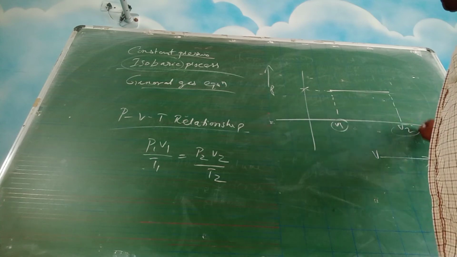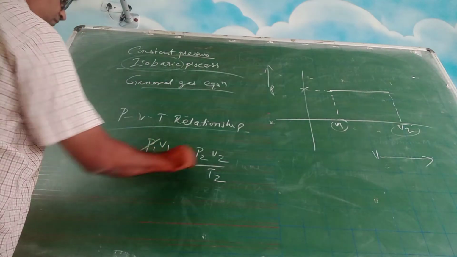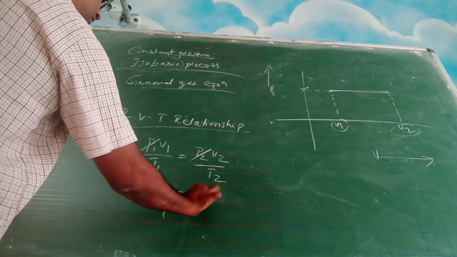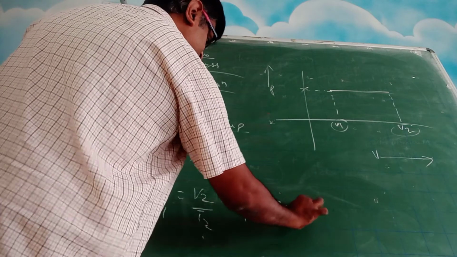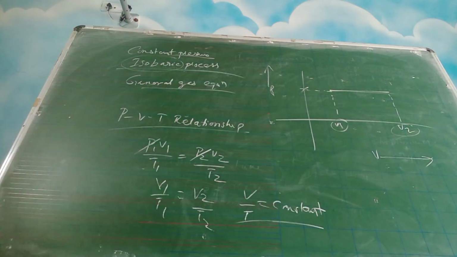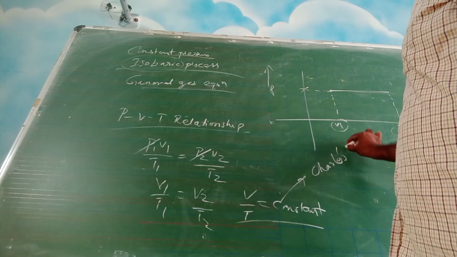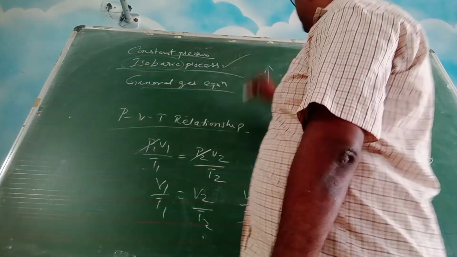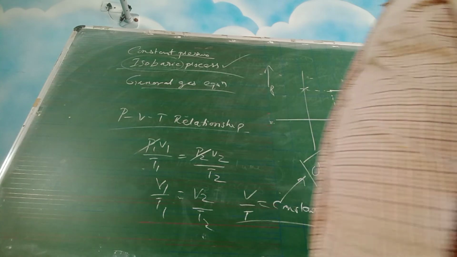So here in this equation, if the line is straight, P1, P2 are gone. So you are getting V1 by T1 is equal to V2 by T2, or you are getting V by T is equal to constant, right? What is this process? Recollect. Isn't this Charles' law? Right? This is Charles' law. So from the isobaric process, Charles' law actually eventually comes out. Okay?